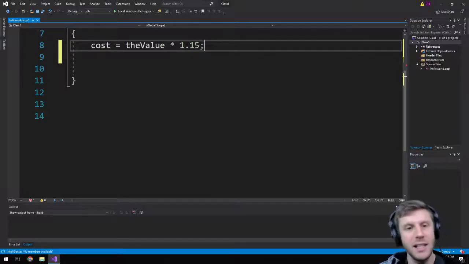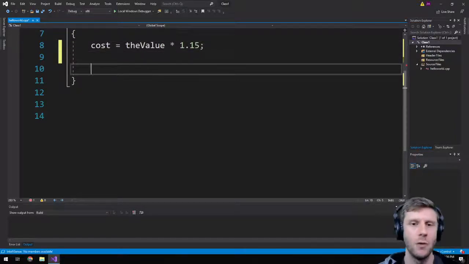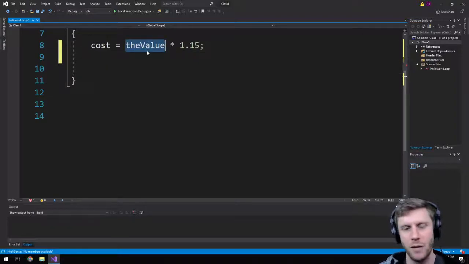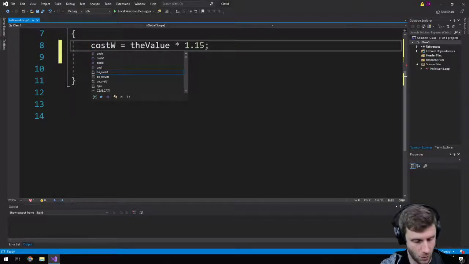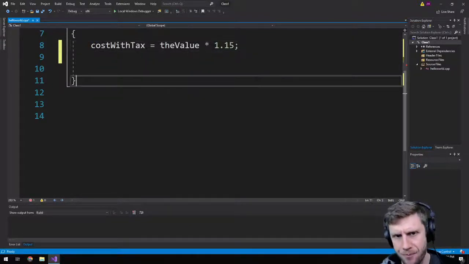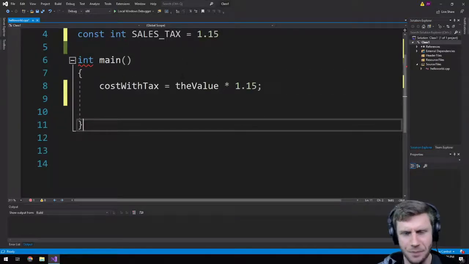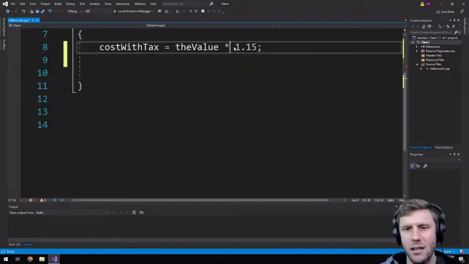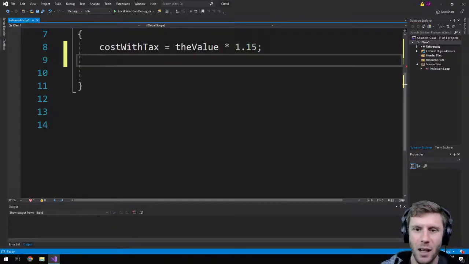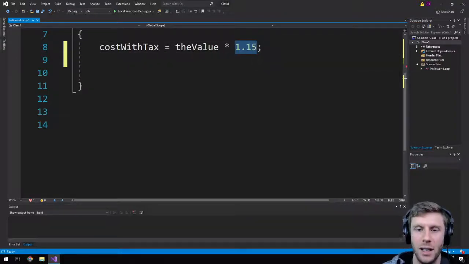If I were to do this, this would be a reasonable thing to expect. Nova Scotia sales tax 15%, whatever the value of our cart is multiplied by that to get the cost with tax, right? In this example, we look at this and we know in the context that clearly this is sales tax. But you know what's a little bit clearer is